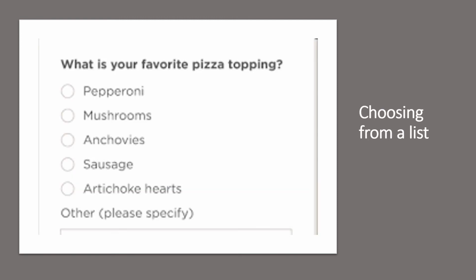Choosing from a list. There is an assumption here that people will be able to answer it without any issues. However, you need to consider what if people choose more than one option and those options don't overlap. So that is one choice or one decision you have to make when you are providing multiple options to your survey respondents.